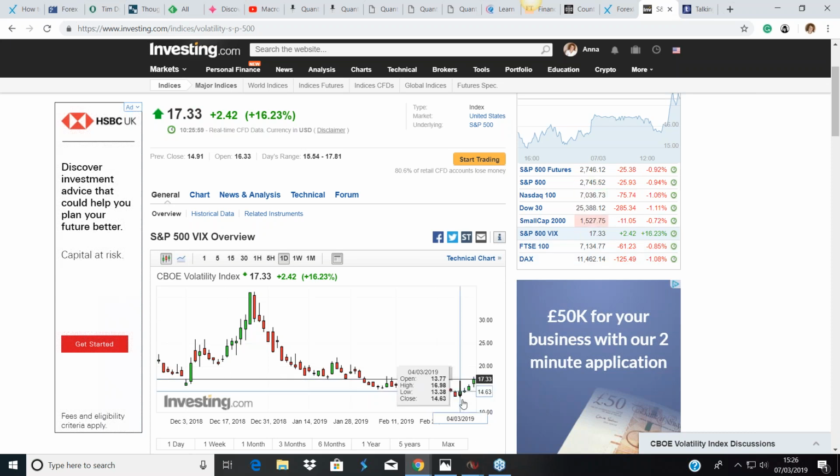Now, if you recall, we were with this last week. It was in the 14s and the 15s, and it was falling. When the VIX falls, it means you have complacency. Complacency means the market is ticking higher. When it's ticking higher, markets fall much faster than they move up very, very gradually. If you're an intraday trader, that's where the frustration comes in, because you don't have a decent move to try and take some points or some pips. You're waiting for a trigger, a catalyst to come into the market.